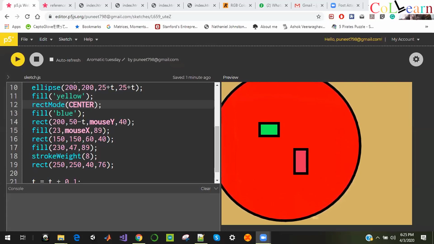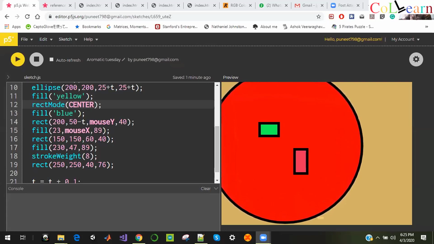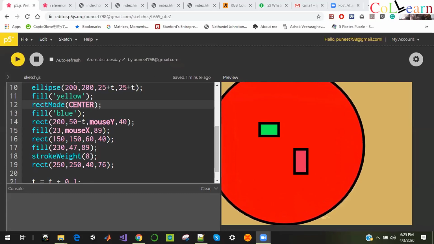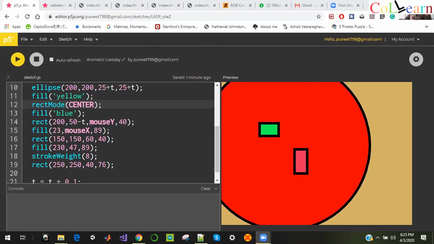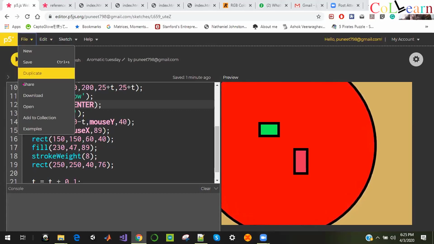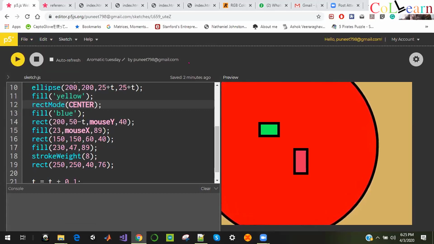So what happens is, whenever you log in, first save your sketches. Oh, my sketch is just exploding. Save your sketches, either go to file and click save or press Control plus S. When you click to start this application, it will create a random name for you.